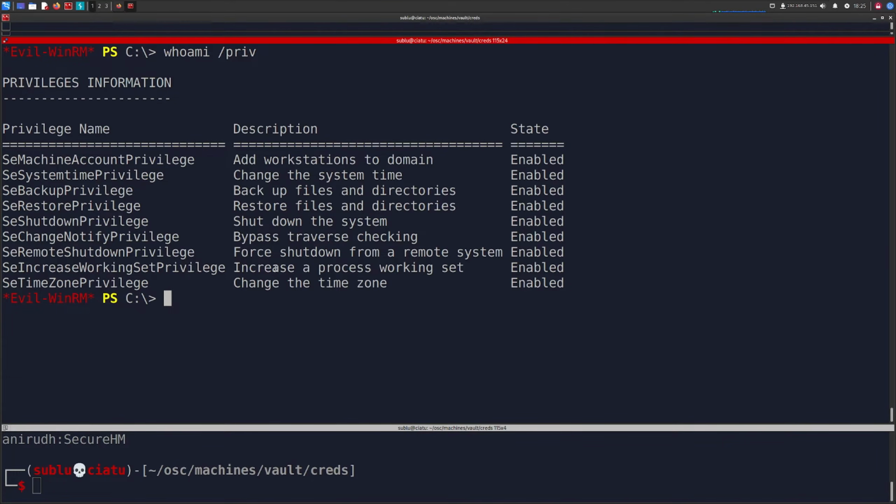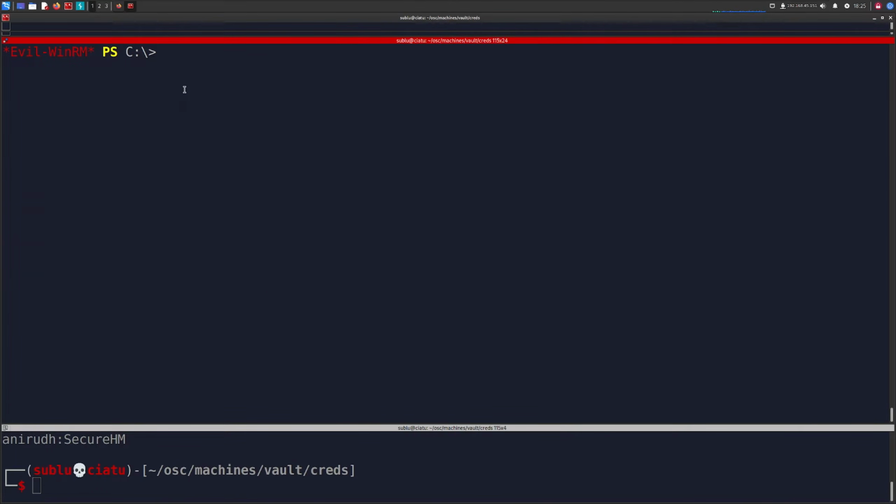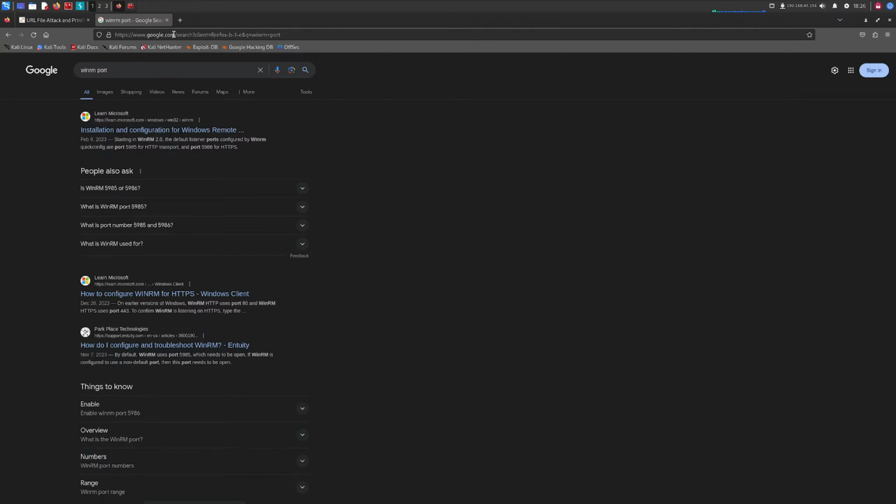be enabled. Now, one way that we can do this is through diskshadow and robocopy. We can create a script that diskshadow uses to back up the entire drive, and then use robocopy to copy the ntds.dit, and then go ahead and save the system file or the system hive from the registry, and then just use that, with a tool such as secretsdump, to dump the ntds.dit hashes, and just go from there, right? So the first thing that we can do, right, let's go over here, let's go to Firefox,